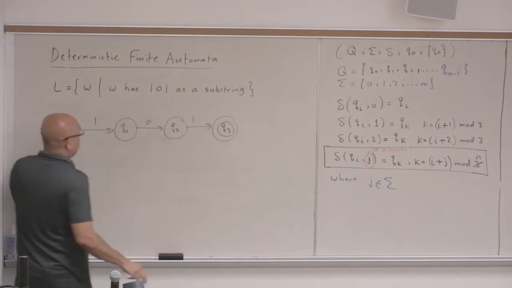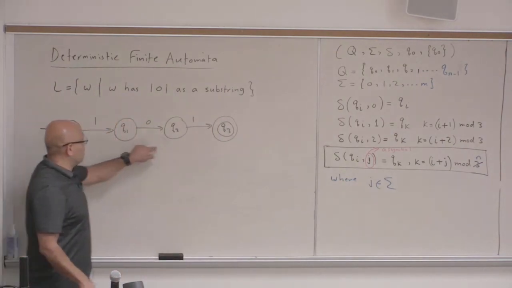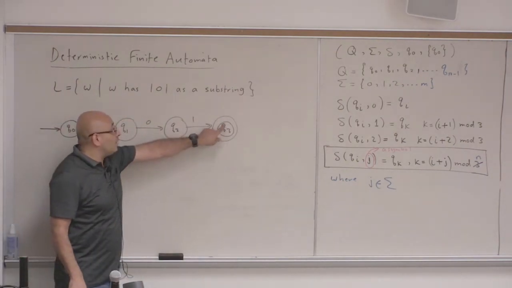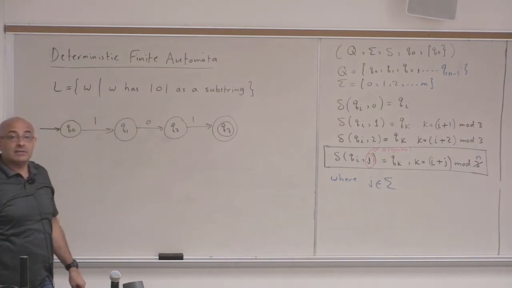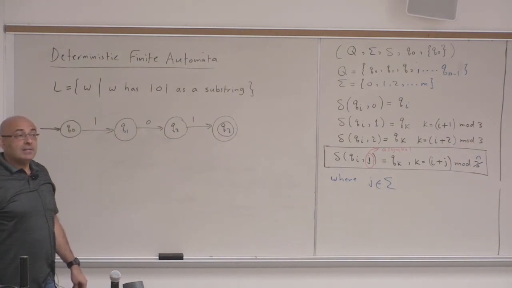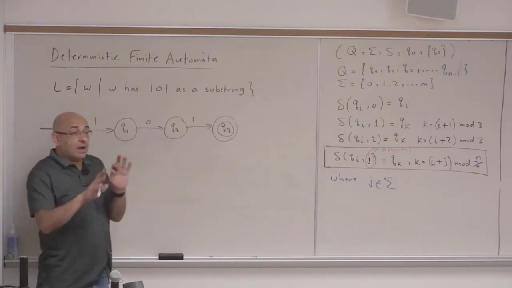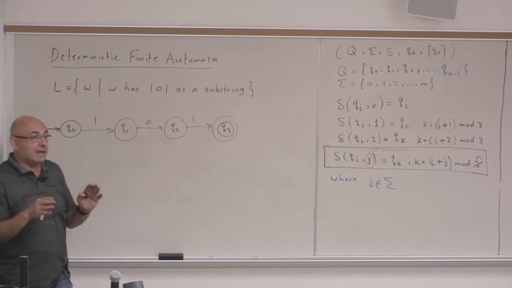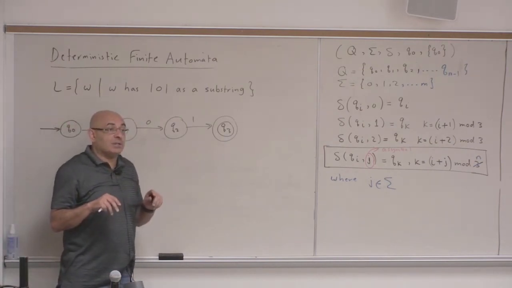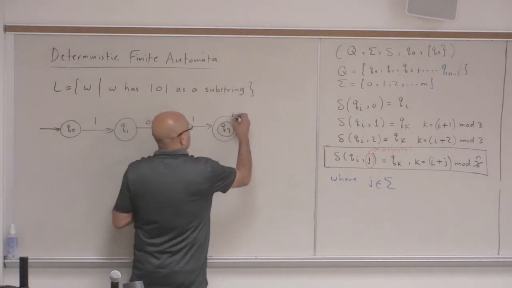Now what should happen? If I get this 101, this is going to take me to an accept state. What will happen if I reach this? You just stay there. Keep on looping on itself until it finishes. Loop on what? 0 or 1 or both? Both. Loop on both because I'm done. I have satisfied the property of the language and I don't care what comes next.